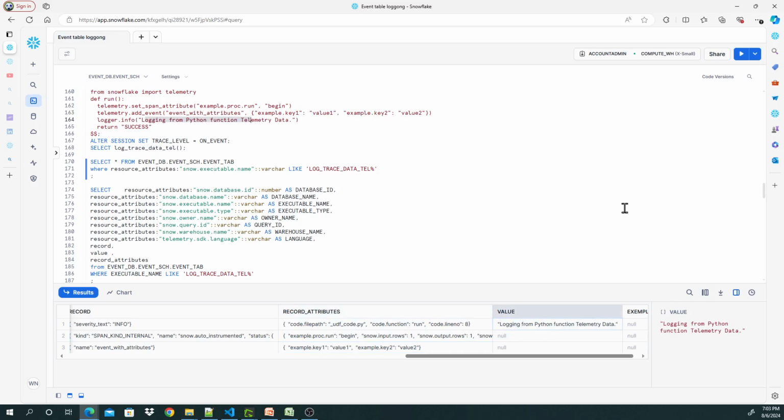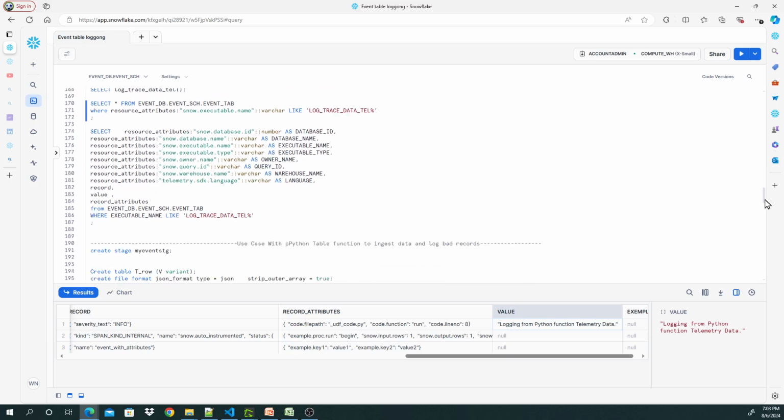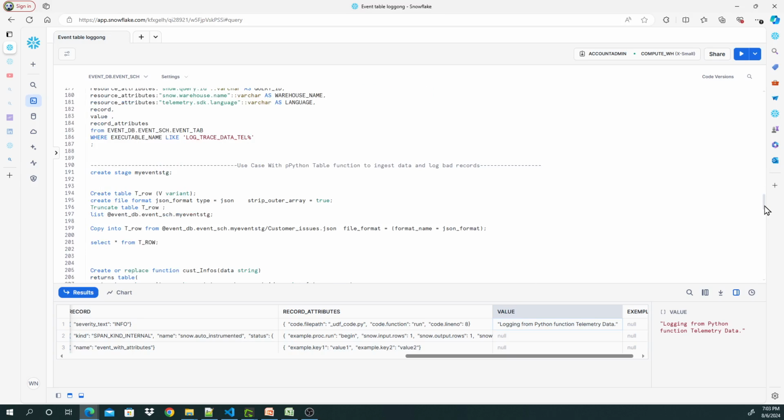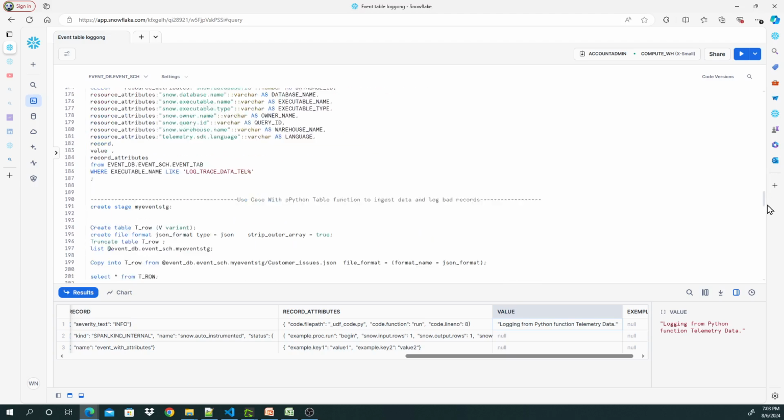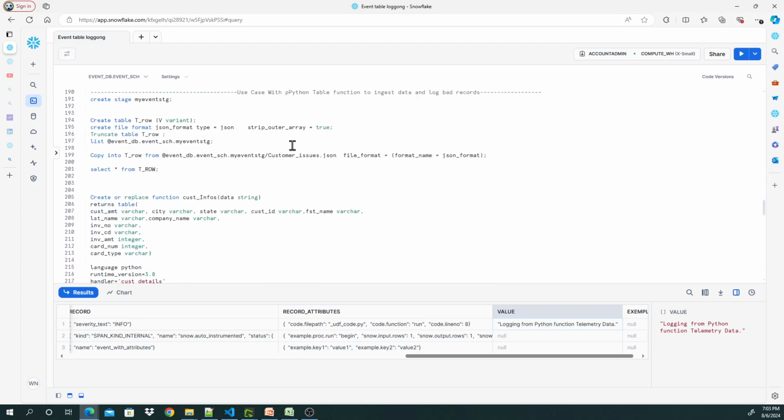data. So that's perfect. As you can see, I used JavaScript, SQL, and Python, and here for the trace we used the telemetry package. So now we have a use case that will be an example to check that we have the opportunity to log bad records when we ingest data in the event